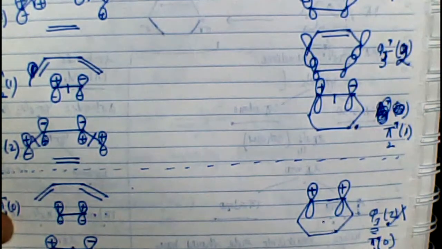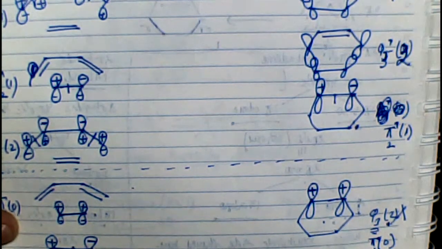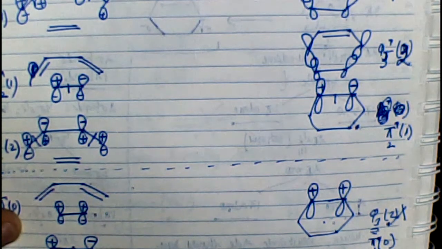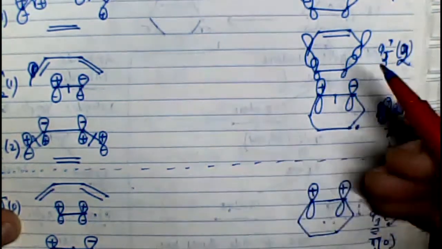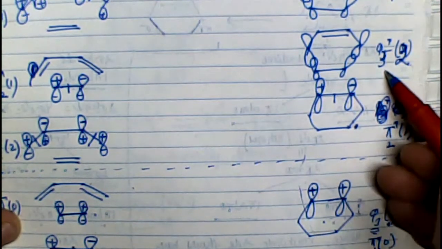Let's correct this out. What we have tried to do here is that we have named butadiene's 4 orbitals as psi 1, psi 2, psi 3, psi 4. I'm sorry, not butadiene. We have named the 4 orbitals corresponding to the 2 sigma bonds as psi 1, psi 2, psi 3, psi 4. And we've named the 2 molecular orbitals corresponding to the double bond as pi 1 and pi 2. Right? So what is the shape of psi 3 and psi 4?